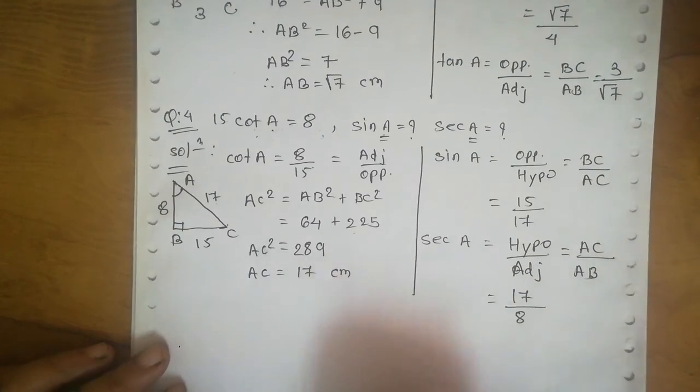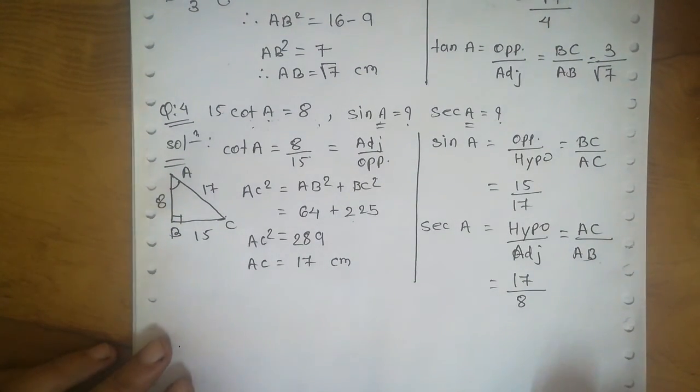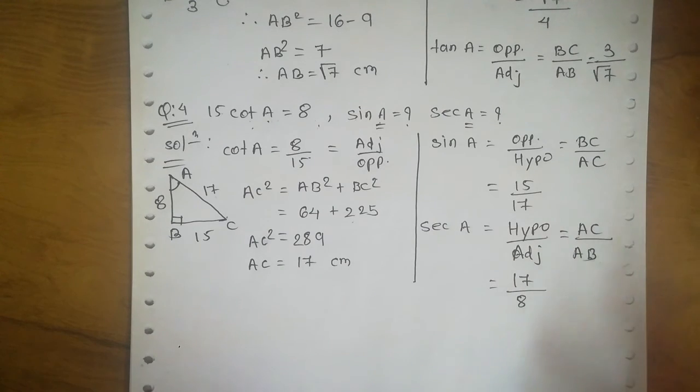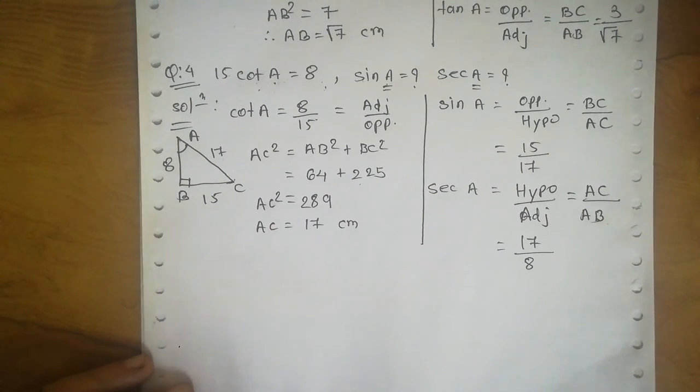Question 5 is also like that, so dear students, you can solve it easily. In question 5 you are given one trigonometric ratio in this form, and you can find all the other trigonometric functions. We have the 6 basic trigonometric functions: sine, cos, tan, and the reciprocals of these 3, which are cosec, sec, and cot. So you just need to find the first 3 functions and then take their reciprocals. So you have your 6 basic trigonometric values.